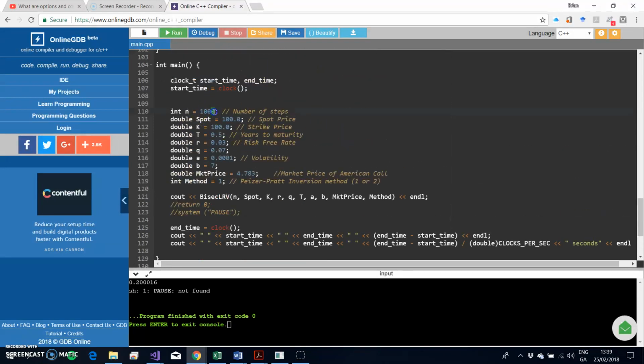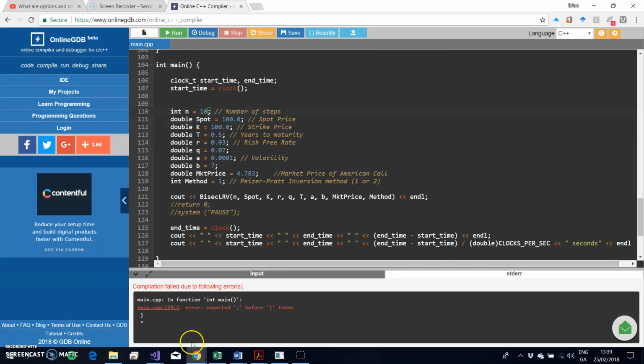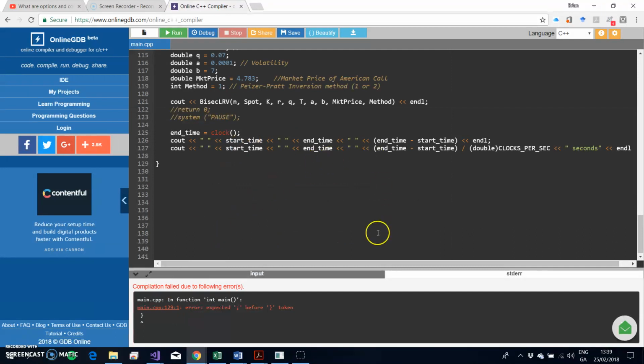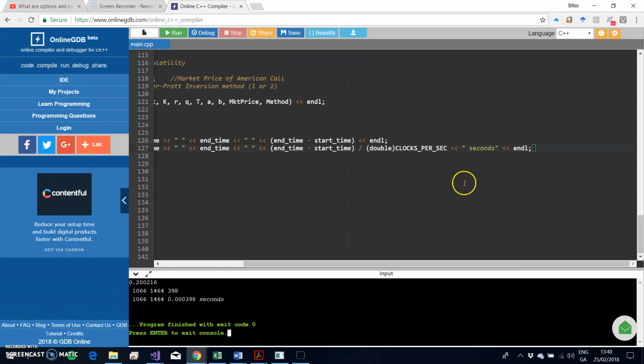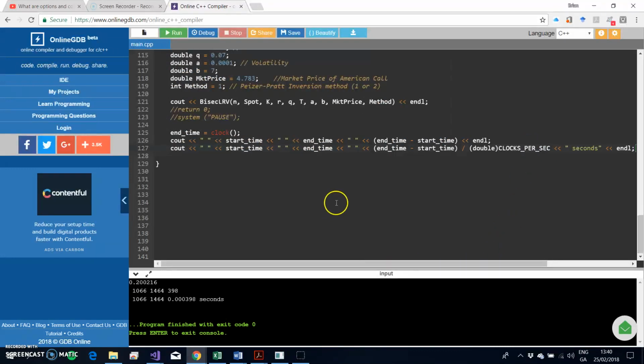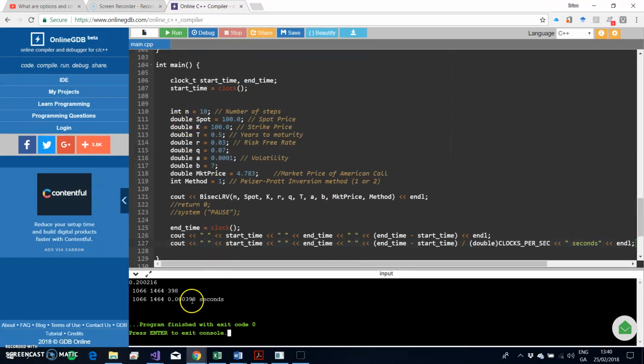estimation again. I'll reduce the number of steps down to 10. That's fairly low. Okay, so let's run, and we have to have 129. Let's just see where there's a small error in the estimation. So I'll pause and correct the error. Okay, so it was a very tiny issue. It just related to including a semicolon that I'd left out in the copy and paste here, but otherwise it's running. So if I take 10 steps and run the estimation, it's taking, we can see, a trivial amount of